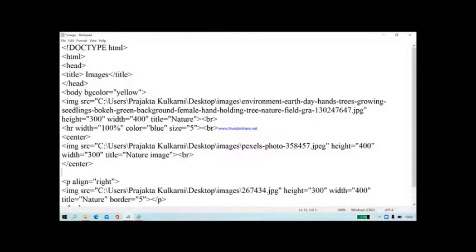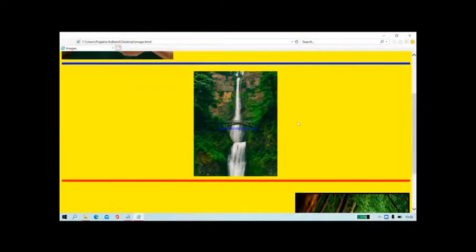After this slash center, again put HR, width equal to 100%. Now I will change the color to red and give size as 6, a little bit increased size. Then save this one, go here and again just click on refresh.